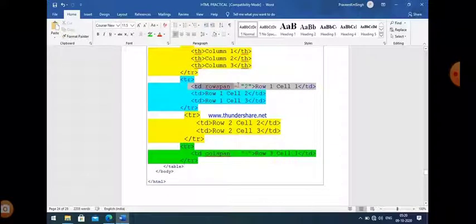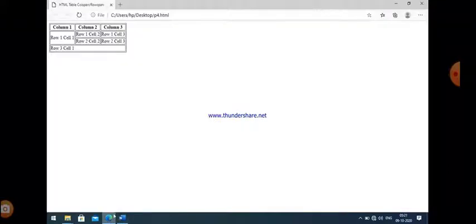Now look at the output. I just look at the code. TD row span is equal to 2 here and TD col span is equal to 3 here. That's why that is our output here, because we use the row span and col span attributes.